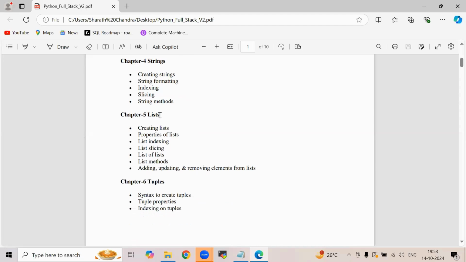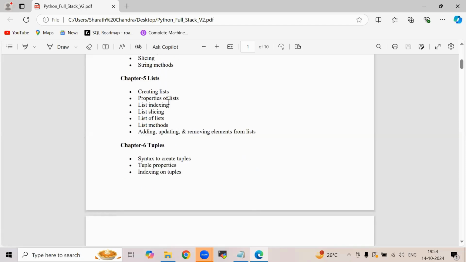And then in the next session, we'll go through lists. What is a list? What are the properties of a list? What is the difference between a string and a list? Actually, strings are immutable, lists are mutable. What is mutability? It means can we change it or not. Strings are immutable; we cannot change them. Lists we can alter. We can add an element to a list, and we can delete an element from a list. All such things we will see in the list.